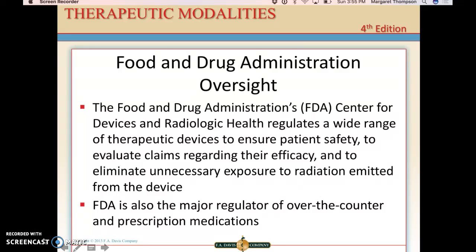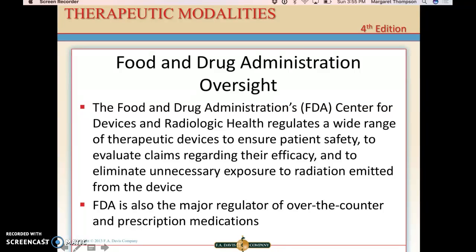This presentation covers the second half of Chapter 4, which is the administration chapter in the Therapeutic Modalities book. So one thing to consider is that the Food and Drug Administration, also known as the FDA, has a Center for Devices and Radiologic Health, and it regulates a wide range of therapeutic devices to ensure patient safety, to evaluate claims regarding their efficacy, so whether or not they actually work, and to eliminate unnecessary exposure to radiation emitted from